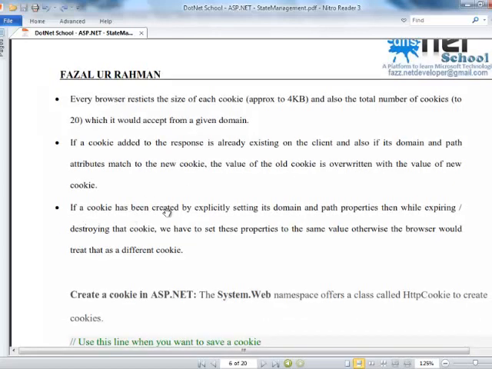If a cookie has been created by explicitly setting its domain and path properties, we have the option to set the domain and path properties. Then while expiring, destroying that cookie, we have to set these properties to the same values, otherwise the browser would treat that as a different cookie. If you have created a cookie by giving this information, domain and path, then while destroying it you also need to pass these values. Domain was this, path was this, then only it will work, otherwise it will be considered a different cookie. Okay, so these are some points about